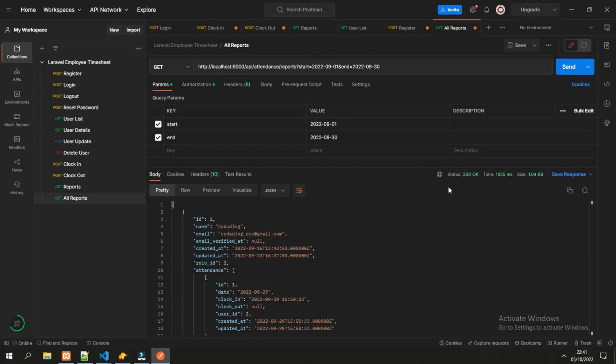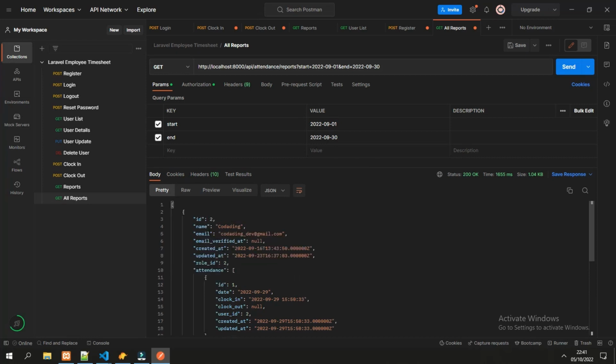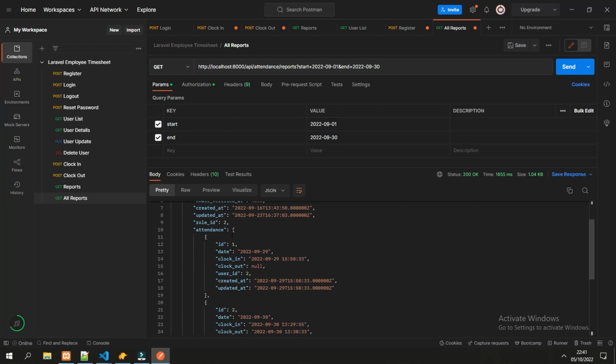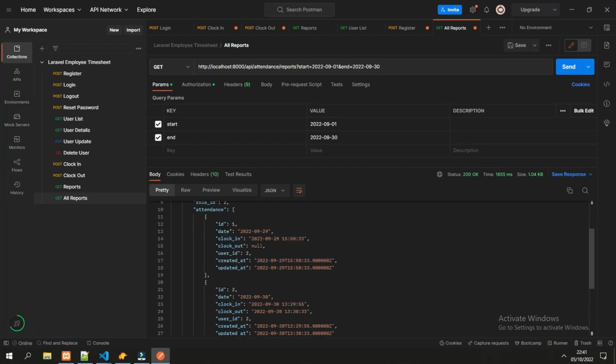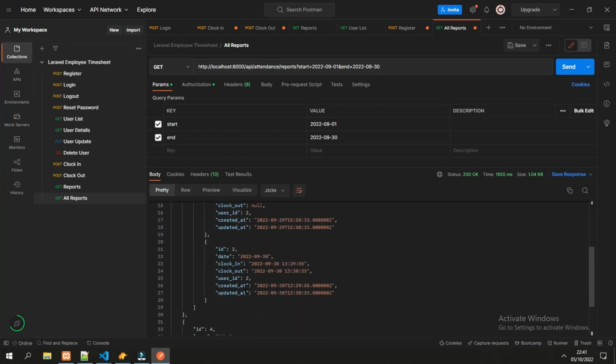Now the result is an array of objects, and each object is a user object with the additional object of attendance also in an array, and it can have multiple attendance. So for example, this user ID number 2 has 2 attendance and can be seen here.